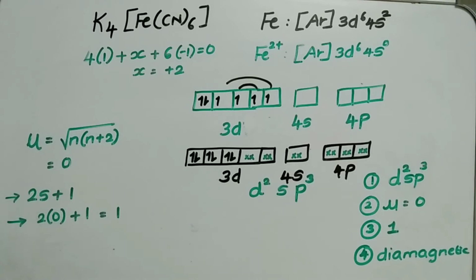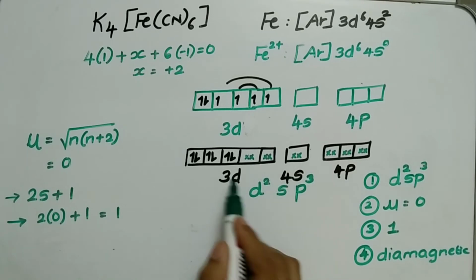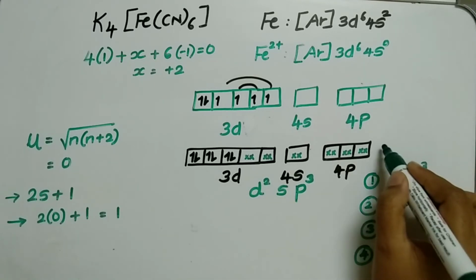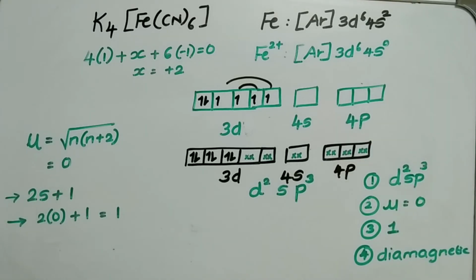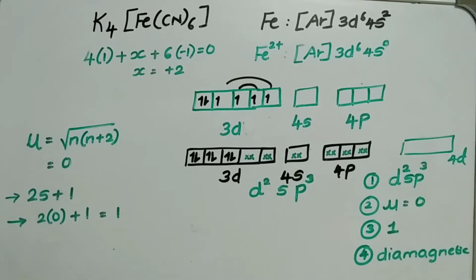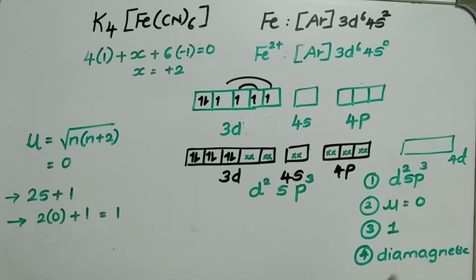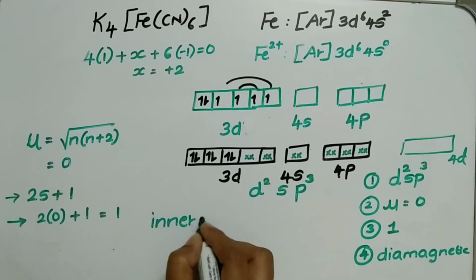Okay. One more thing I will tell you here is, here 3d is used, right. In the hybridization 3d is coming. At times in few examples you will be using 4d also. After 4s, 4p, 4d will come. But here in hybridization we are getting 3d only. d2 is from 3d. So this complex is also called an inner orbital complex,